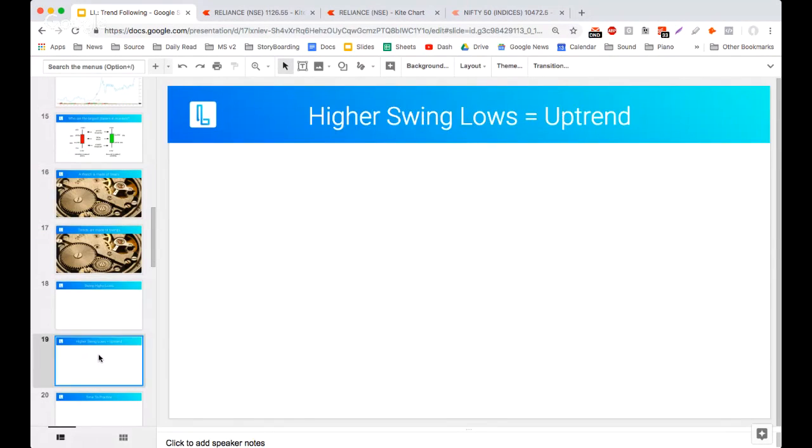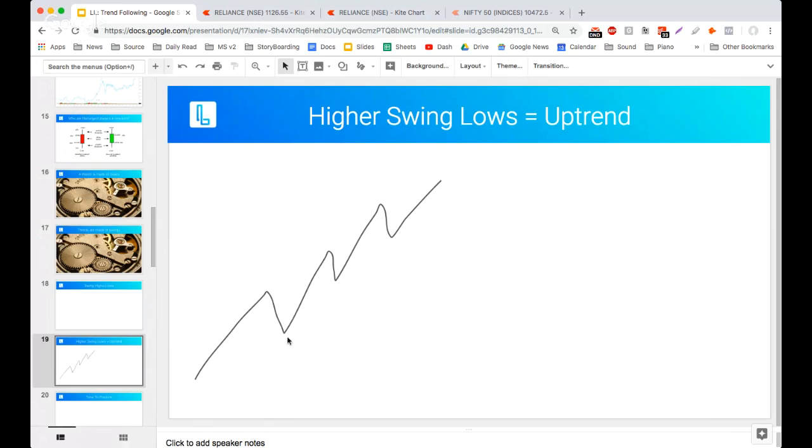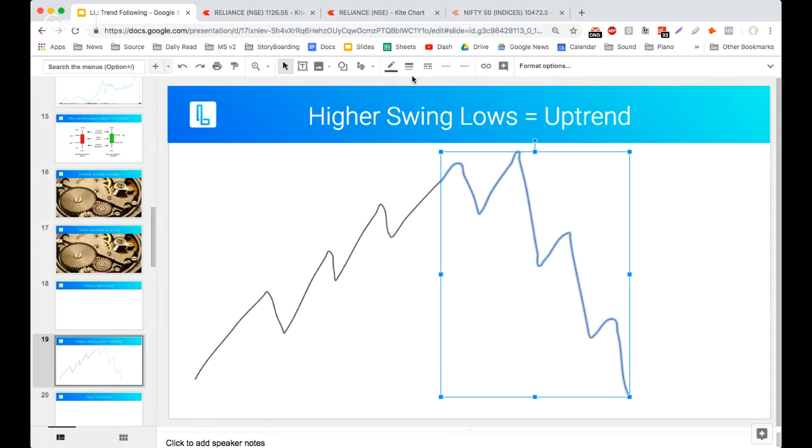So let's open the swing highs and swing lows. Now you'll see when we get higher swing lows like this, higher swing lows, you have an uptrend. So swing low, this is a higher swing low, this is a higher swing low. And then markets come down like this, and then we move down, we move down, we move down. Now, without telling you the answer, okay, I won't tell you the answer. I want you to figure it out.